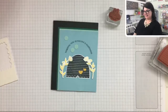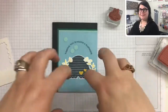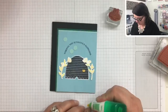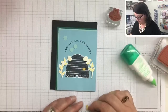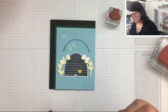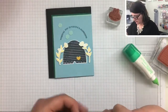Anything, choices? Should we just go with that kind of idea? We can put a few more down here. Yeah, let's do that. Looking at it from down like this, I think it looks cute. Okay, let's just add on those little hearts here. Bloop. There we go. Oh. The heart